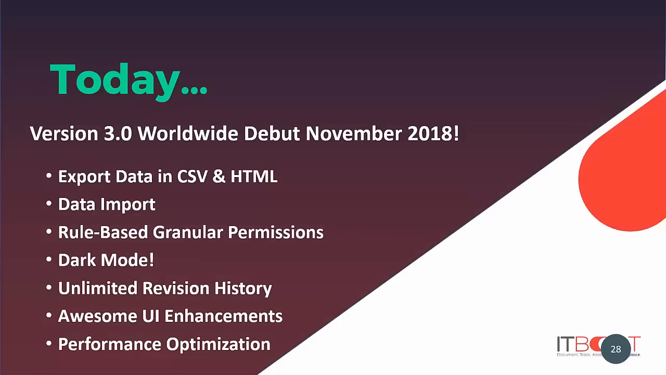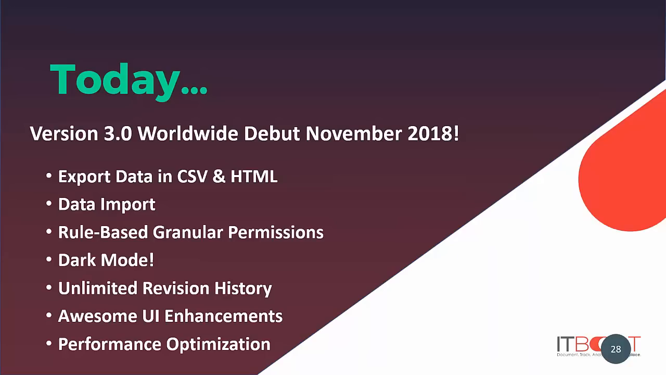So today, we're going to talk about version 3, which we debuted in November of 2018 at IT Nation. Some of the highlights of version 3 is now you can export data in CSV and HTML format. You can do data import, especially if you're coming in from another product. You can just come in and import their zip file, and ITBoost will take care of importing everything from there. We also introduced rule-based granular permissions. You can create your own rules, and there are unlimited rules that you can create on the permissions that we're offering you now. One of the most requested features was the dark mode, which helps